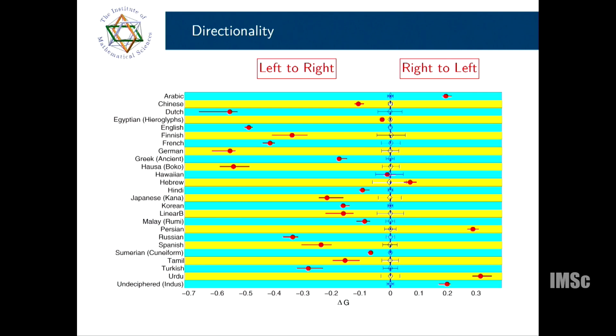You can also check on your own data. Though this method is not going to tell you whether something is a language or not, if it is a language, it should follow some kind of asymmetry. Any questions so far?